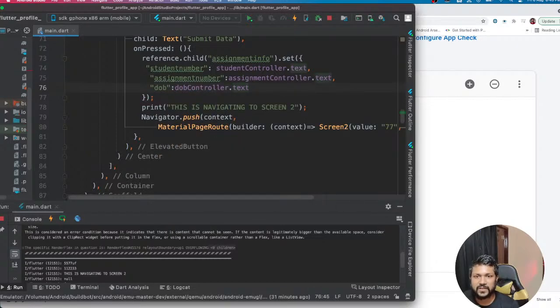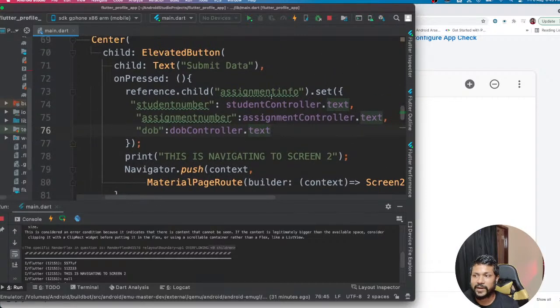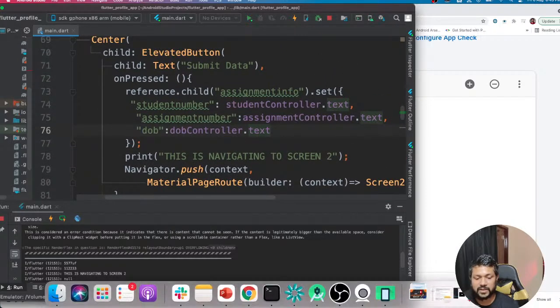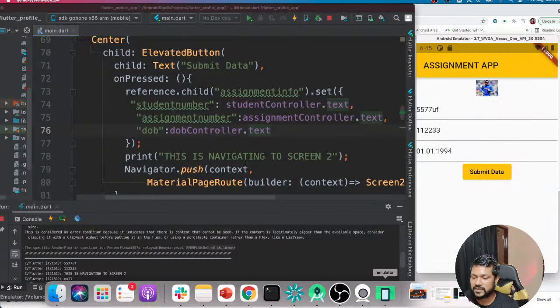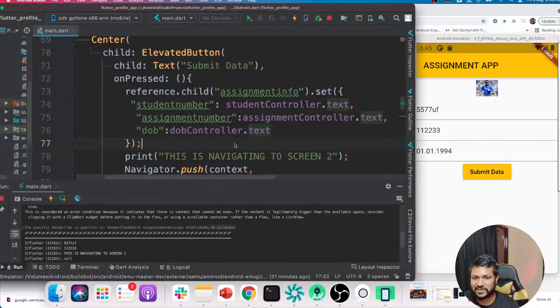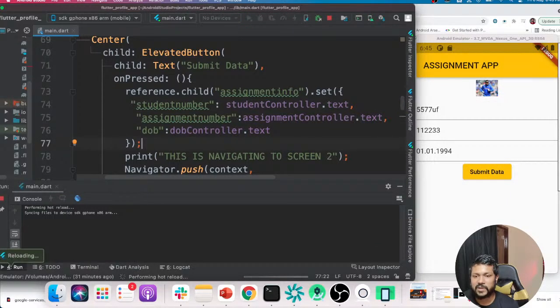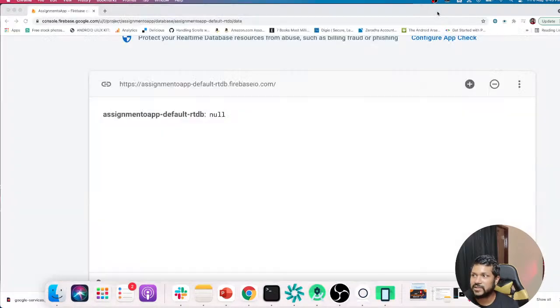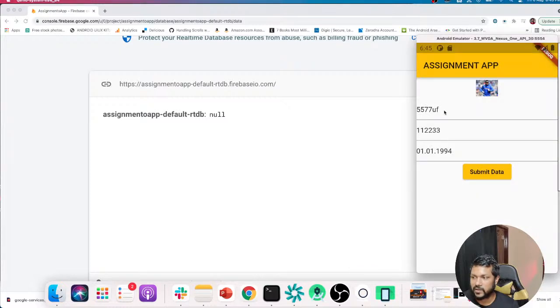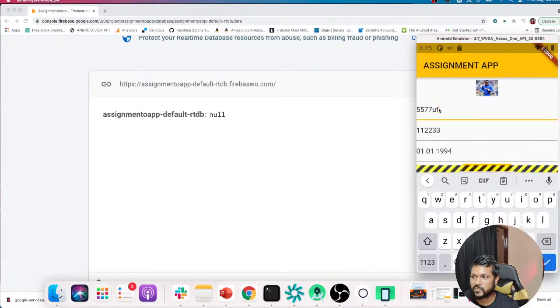So we have three data information, and when this button is clicked from our emulator, it should just put the data into my database. That's what I'm trying to find. So save it up, let it do a hot reload. Okay, hot reload is completed. So we'll just now test if that works fine. All right, let's open this up. We are going to be now putting some data. Let's put some data for probably I'll write it as